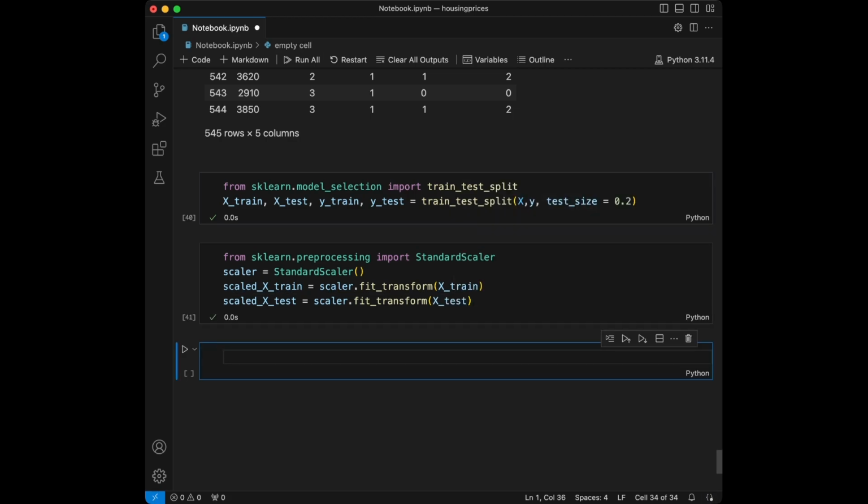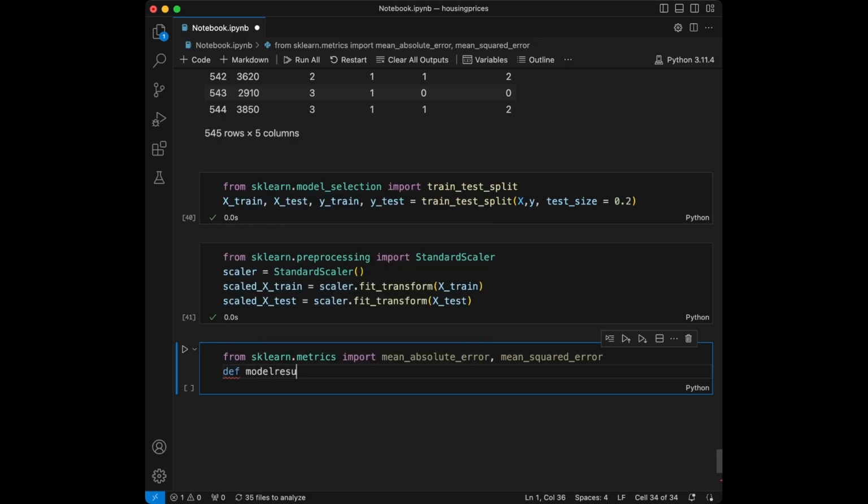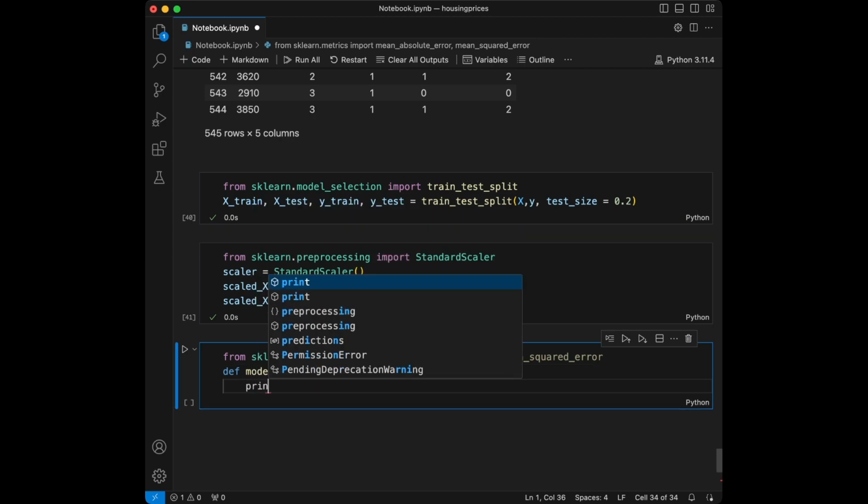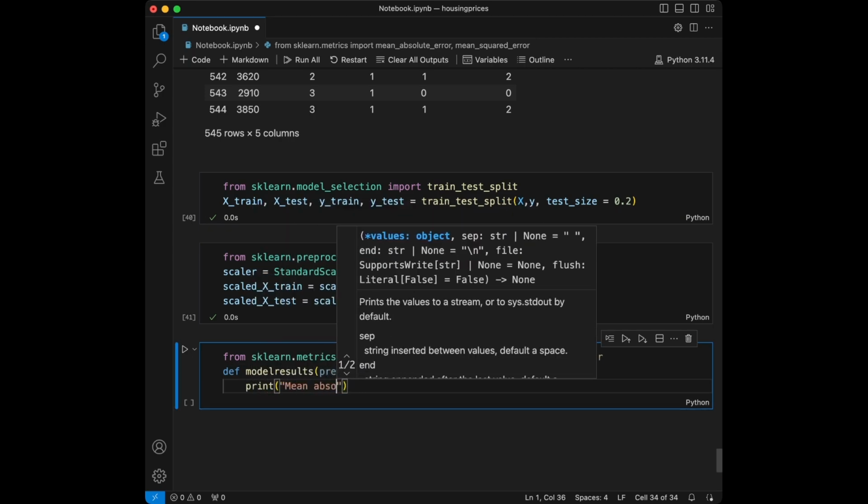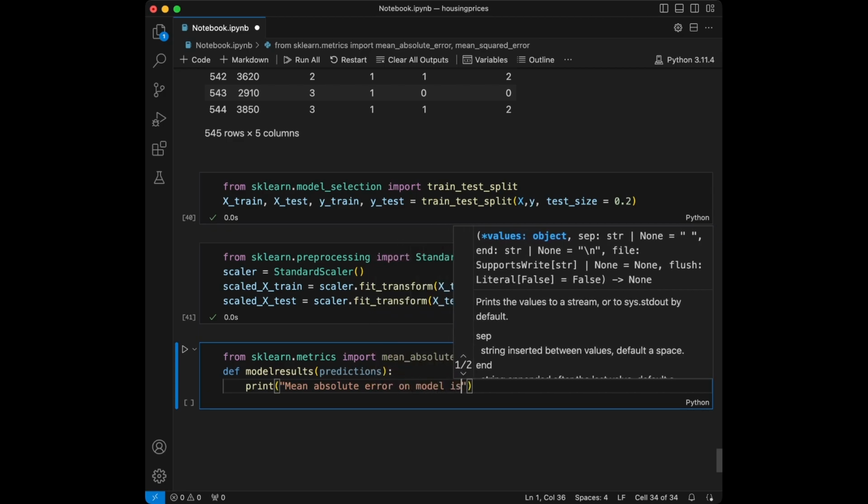And before the modeling side, I will define a function for the evaluation of the model performances. When we call that function, it's going to return mean absolute error and root mean squared error. So I will say from sklearn.metrics import mean_absolute_error and mean_squared_error. Then I will define a function, model_results, and I will give the predictions inside of this. Then I will do print mean absolute error on model is, and at the next step I will use that format